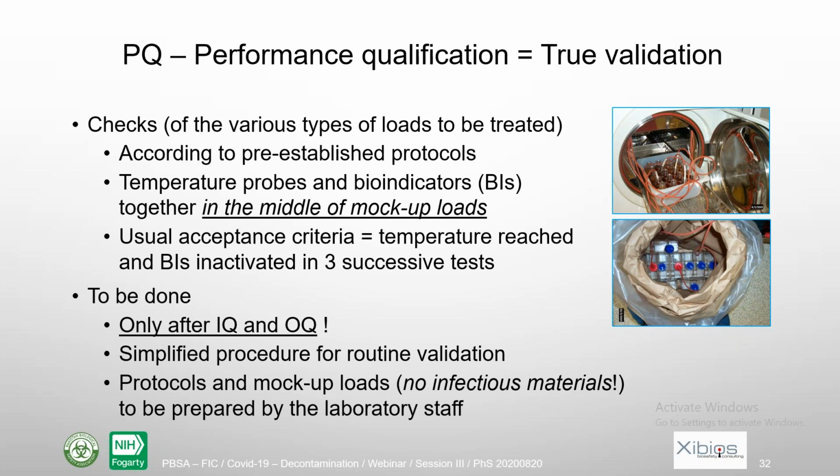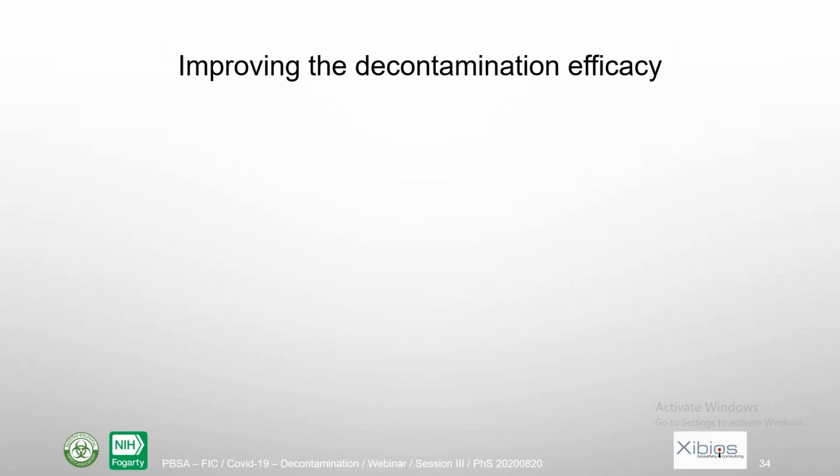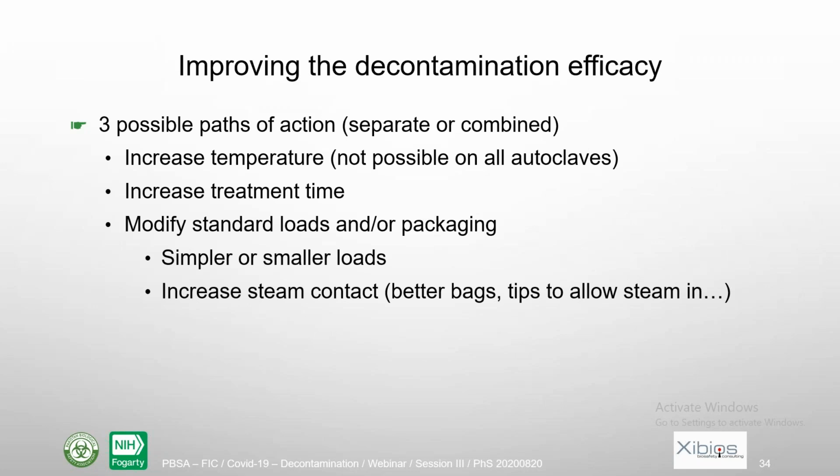कि क्या वाकई डिकंटामिनेशन का प्रोसेस ठीक तरीके से, इफेक्टिव तरीके से, वैलिडली हो गया या नहीं हुआ। अब इस अप्रोच के डिफरेंट फायदे हैं, वो ये कि पॉजिटिव नतीजे आने की सूरत में आपको इत्मीनान होता है कि डिकंटामिनेशन ठीक हुई है, और आप अपने वेस्ट को नॉन हैज़र्डस और महफूज़ तरीके के वेस्ट के तौर पर ट्रीट कर सकते हैं। आपको फिक्रमंद होने की ज़रूरत नहीं है कि उसकी फाइनल ट्रीटमेंट भी की जाए, और इस तरह से आप बायोलॉजिकल इंडिकेटर्स के हर वक्त के रूटीन यूज़ को अवॉइड कर सकते हैं। और अगर दूसरी सूरत में नेगेटिव रिजल्ट्स आते हैं तो ऑटोक्लेव के बाद भी आप वेस्ट को एहतियात के साथ हैंडल करेंगे और अपने ऑटोक्लेव के प्रोसीजर को बेहतर बनाने की कोशिश करेंगे।